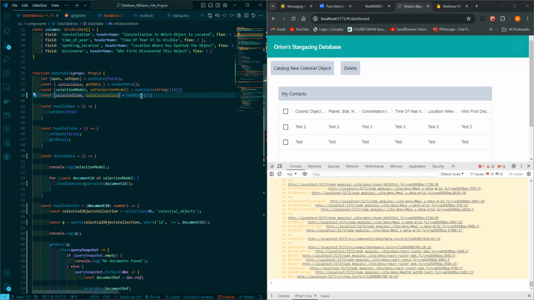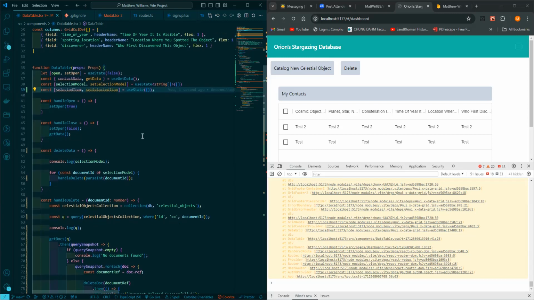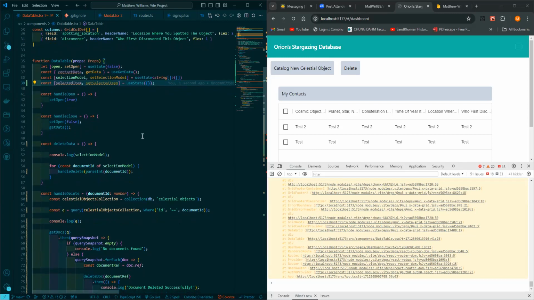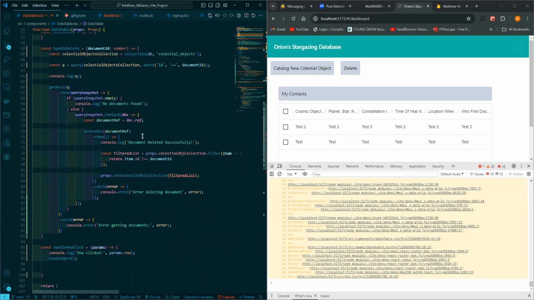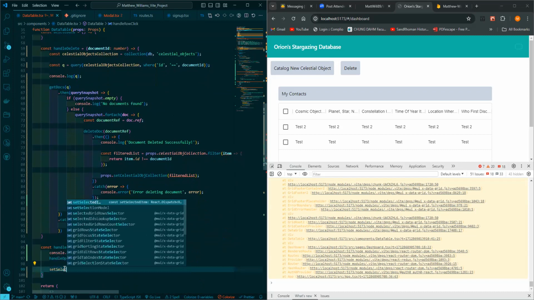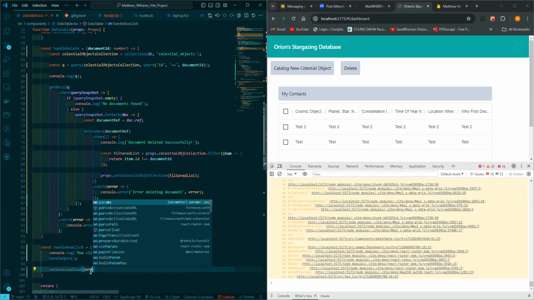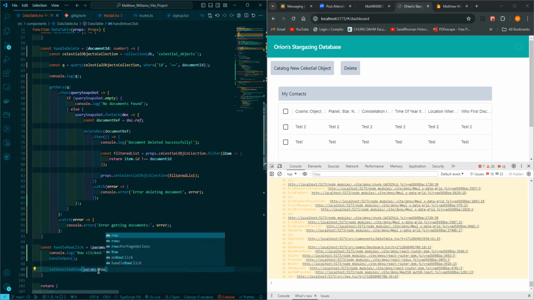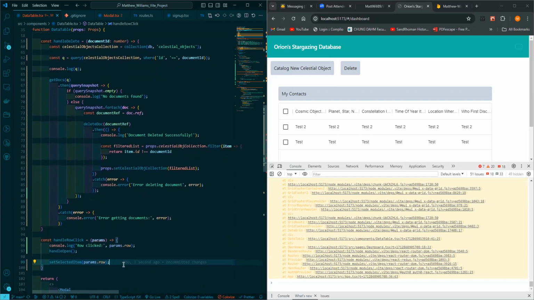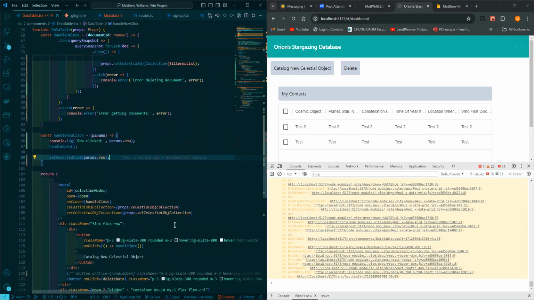All right. Looks like it just formatted them anyway. That's okay. So for the selected item, when we click on any one of these rows, we want the selected item to be the individual row in question, which is going to be params.row. We verified there, that's the object. So once we set the selected item here,